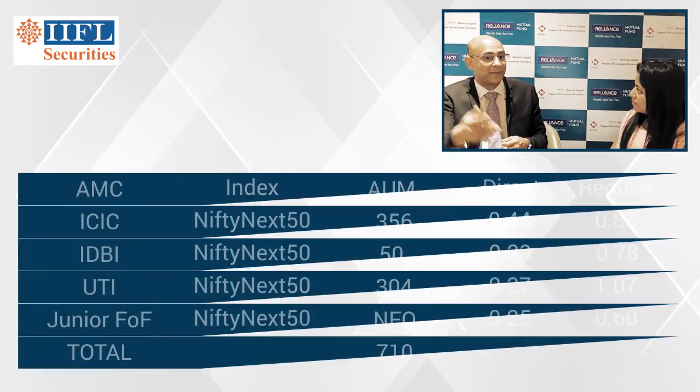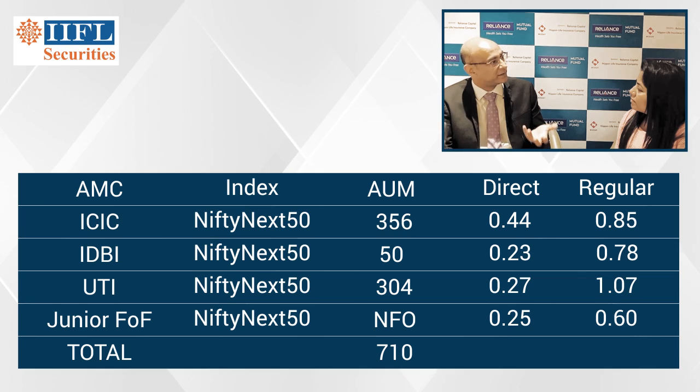Correct. Eventually, with the active funds that you're investing in, you end up paying a very high expense ratio per year. Very few investors are aware of the expense ratio that they pay. When you're investing in an active fund, the expense ratio per year is nearly 2.25%. That means 2.25% of your money is getting removed from your investment as charges by the mutual fund. Now imagine over a 10-year period, 2.25% times 10 becomes 22.5% of your return gone.